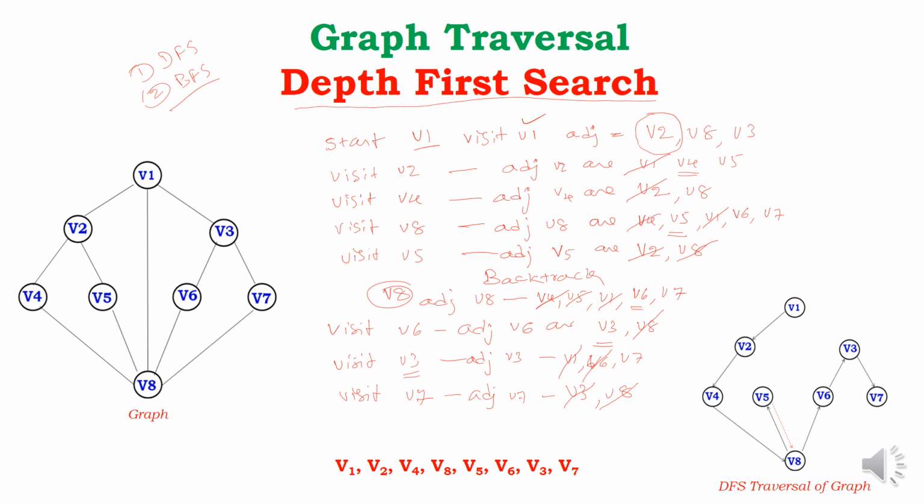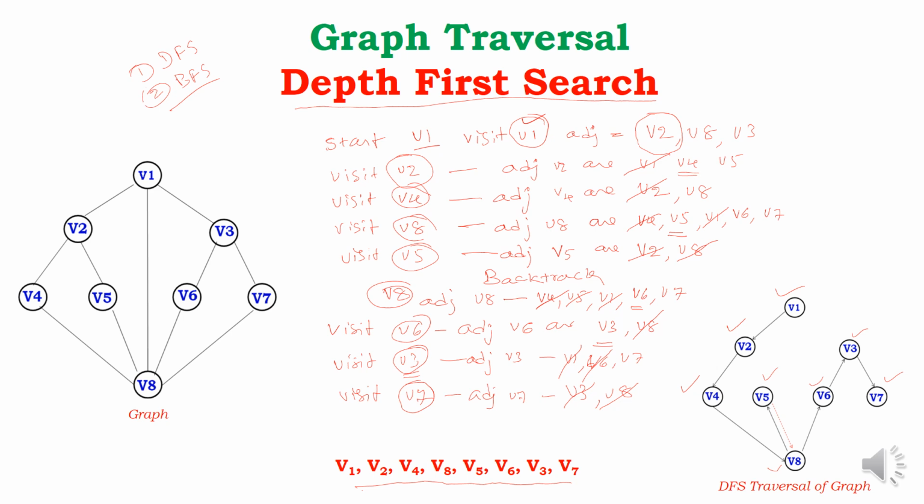recursive function calls. Using this, first you visited V1, then V2, V4, V8, V5, V6, V3, V7. This is the sequence: V1, V2, V4, V8, V5, V6, V3, V7. So this is the order. First visited is V1, then V2, then V4, then V8, then V5. As you came to a dead end, it backtracks. It goes again to V8. Don't count this V8 two times. It is counted only one time. The next vertex we visit is V6, then V3, then